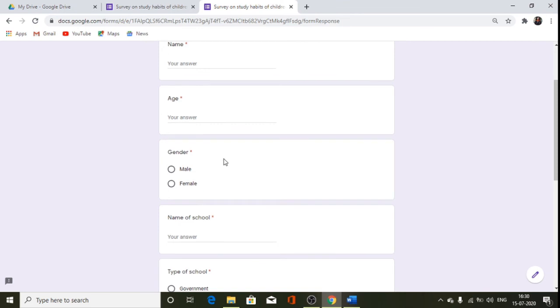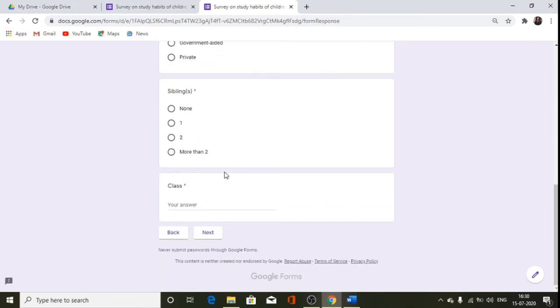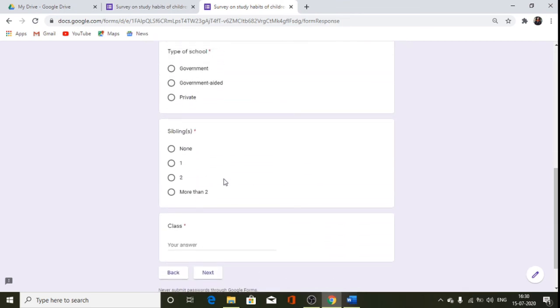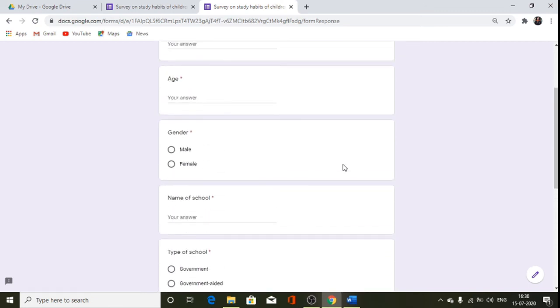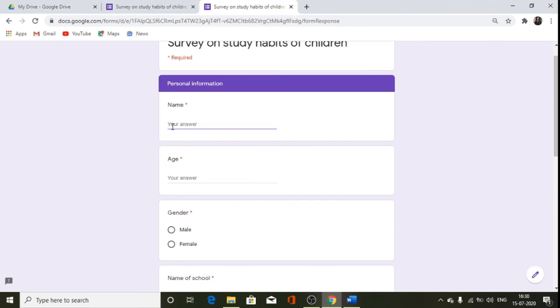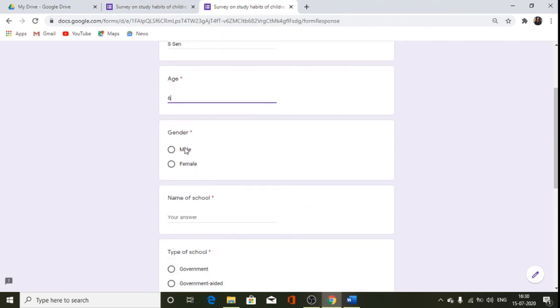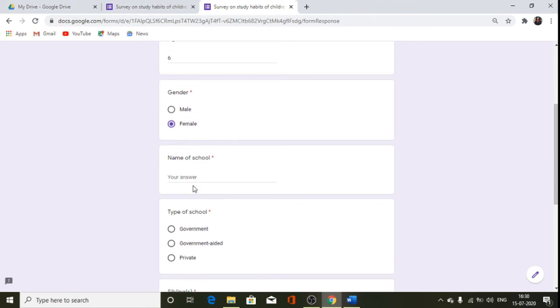This is the personal information that they are supposed to give, and all are mandatory. Now this is one thing which is there, because when you have a mandatory section in your questionnaire, unless you complete that question, your next page will not be opened. So I just fill it up, say for example, by giving any age, say maybe 6 years, or maybe I just give, just for that matter, I, MBG school, 6 years, or maybe